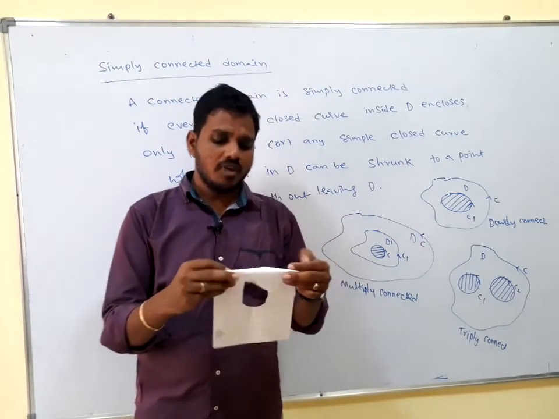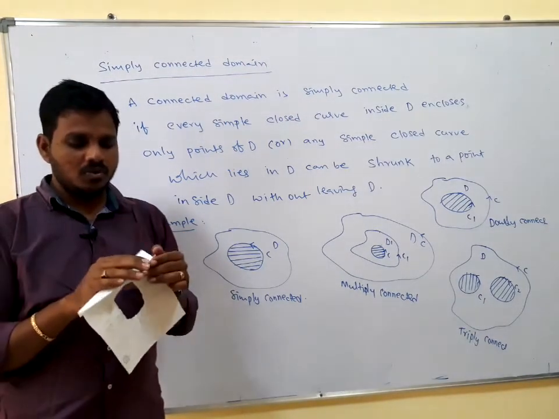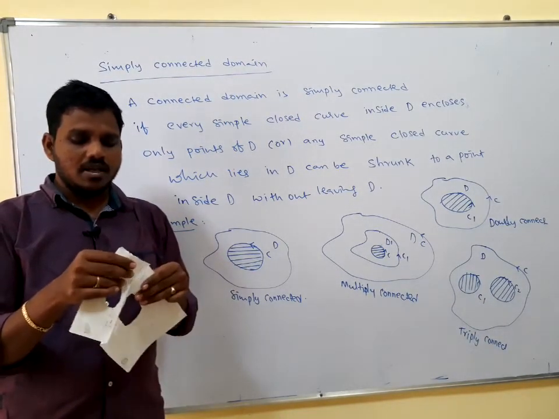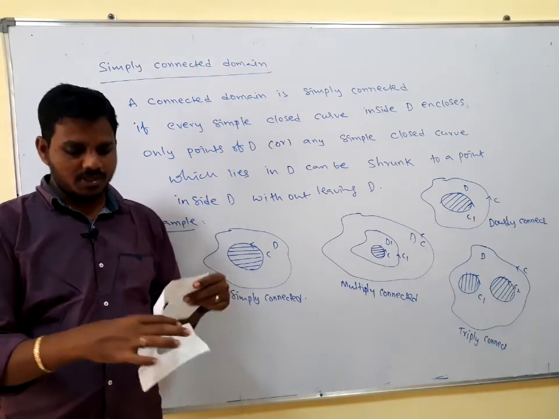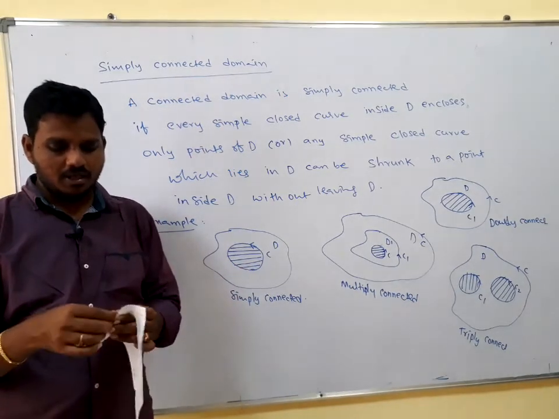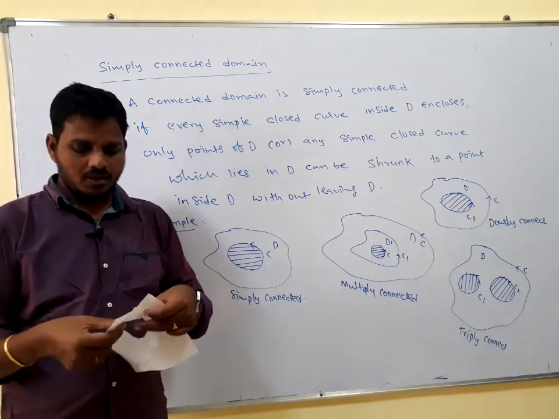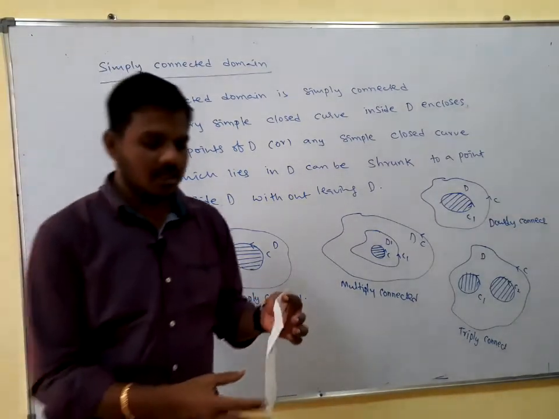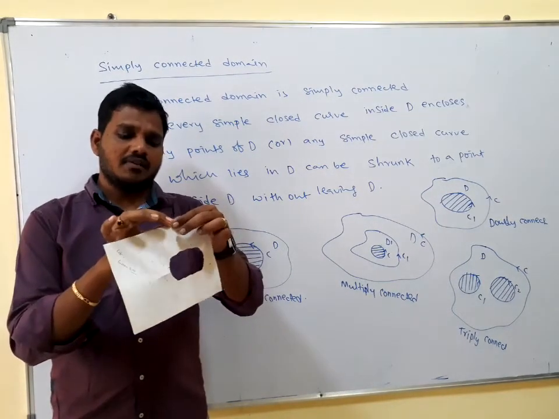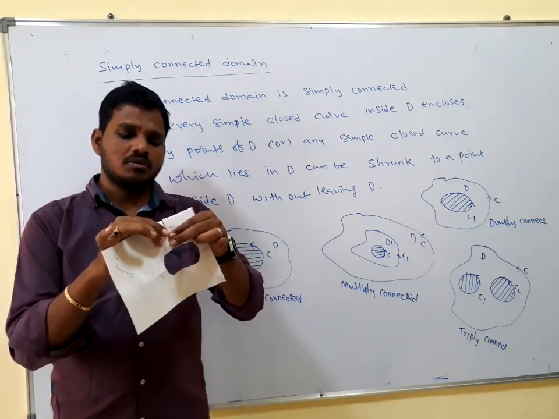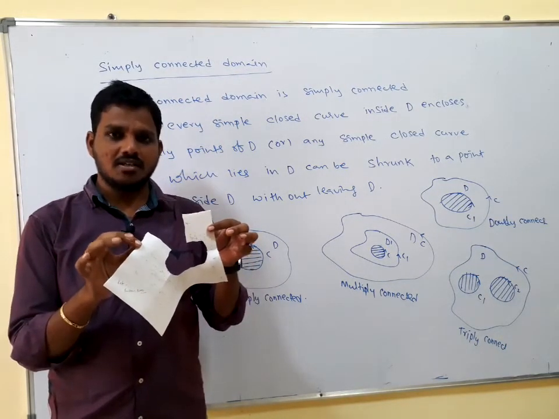Now how are we going to convert the doubly connected domain into a simply connected domain, that is what we are going to discuss here. That is very important. We have theorems based on that, on how to convert the multiply connected or doubly connected domain into a simply connected domain. Suppose you see this, it is clearly a doubly connected domain. By taking one line PQ, now it becomes a simply connected domain.